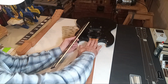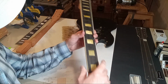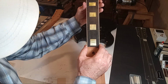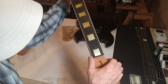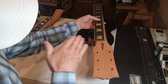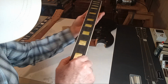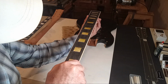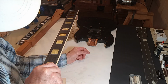Fortunately, this job, I've already got all of that stuff machined out, and it would be very, very safe for me to just put this dead on center right here. And please read between the lines. Understand what I'm saying. Do not hinge from down here and start shifting up here, because now you're going to be putting the truss rod in a twist. You want to be hinging from the nut location, and if you have to do just a very, very micro shift to one direction in order to put that center line with the center line of the bridge,